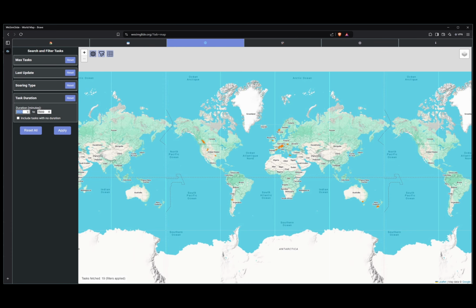If I can play with that. I can say from 10 minutes to 90 minutes, or let's say 30 minutes to 90 minutes, apply. And there's only 305 tasks that are between 30 and 90 minutes. I can remove, it could be from 0 to 90 minutes, and then click apply. And it could be from 60 to maximum. So it's a minimum of 60 minutes and whatever